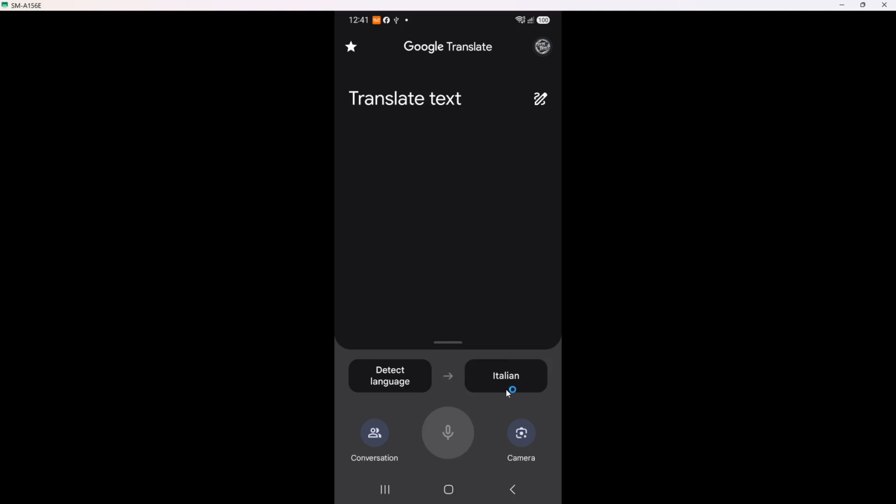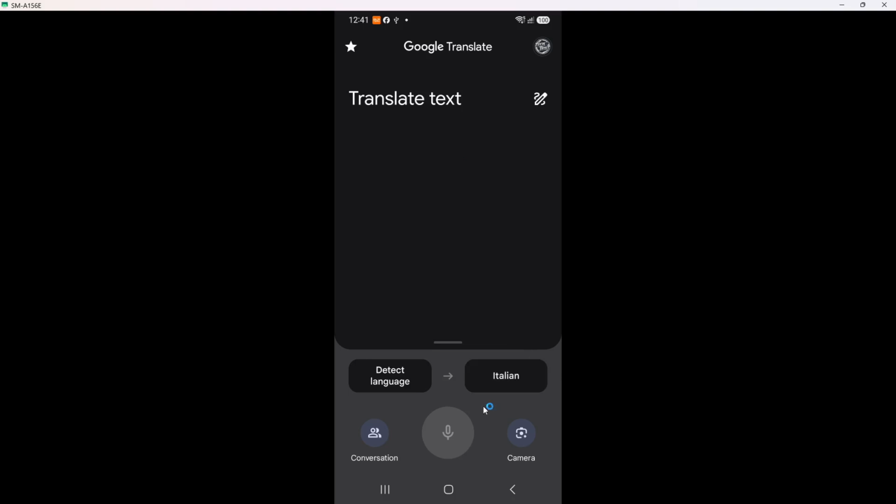After that, wait until the download finishes. During this time, keep the Google Translate app open and avoid disconnecting from the internet. You may see the progress circle slowly complete or the word downloaded appear next to Italian once it is done. On some phones, the circle simply disappears and the arrow icon is replaced with a small check mark. If your connection is slow, this can take longer, especially if other apps are also using data in the background.